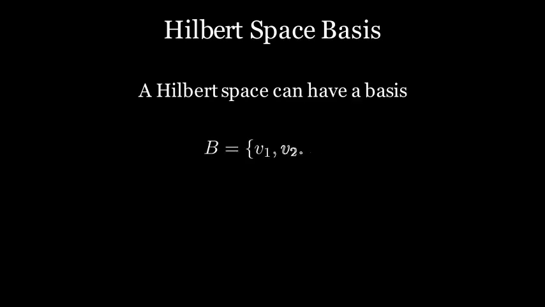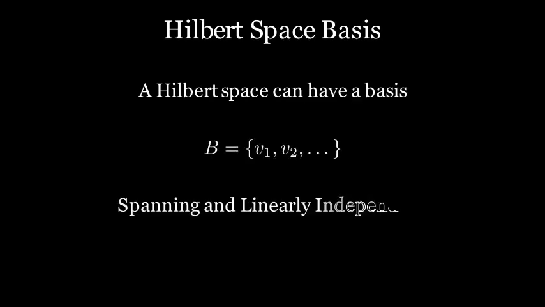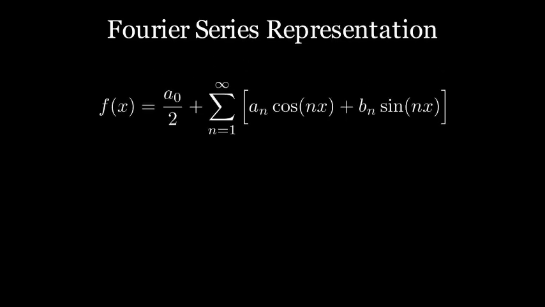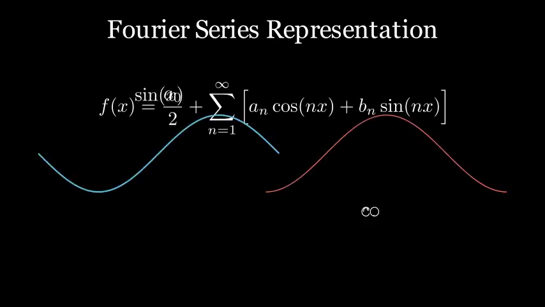data. A Hilbert space can have a basis, which is a collection of vectors that can be used to represent every element in the space through combinations. And these vectors are not dependent on each other in a linear way. Infinite-dimensional Hilbert spaces are especially fascinating because they enable the representation of functions and sequences that cannot be described using a finite number of terms. For example, the Fourier series is a way to represent a function as a combination of sine and cosine functions. These sine and cosine functions serve as the building blocks for describing functions that are square integrable over a specific